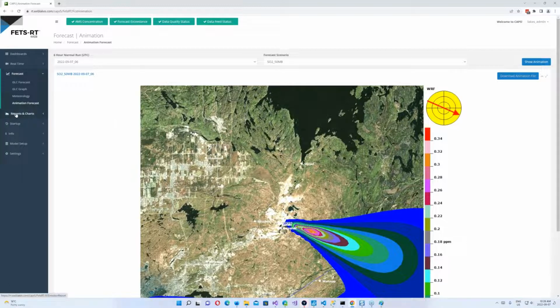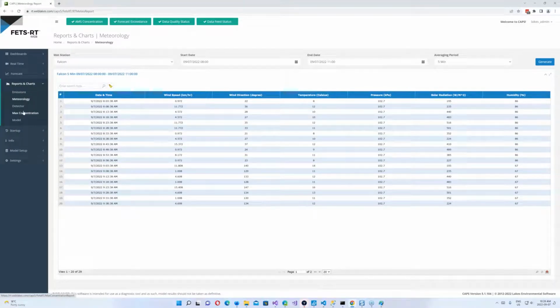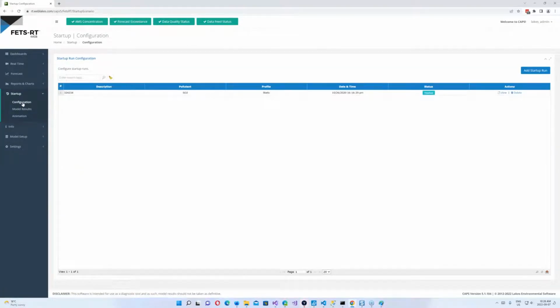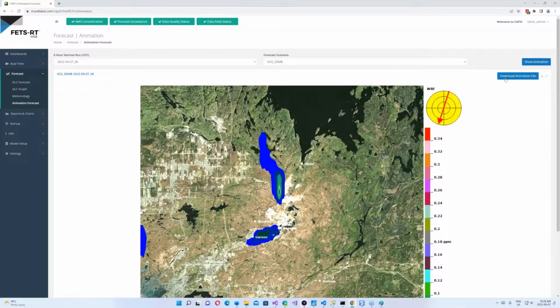Okay. A few other things we can do are run reports. We have lots of them. We can look at emission rates, meteorology, if we want to look at different things for the temperatures going forward. And we have also a way to set up and configure for a startup condition, so that if you are coming off a shutdown or you're going into a maintenance period, you can see when it is the opportune time to start or not start up, because there may be excess emissions during your startup scenario, and you want to be able to predict that. So let me go back and just show the forecast again and the animation and let that play out.